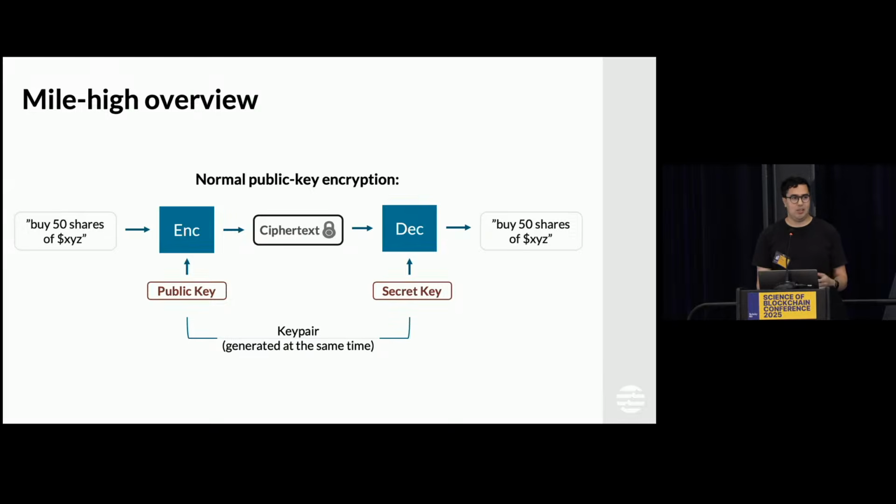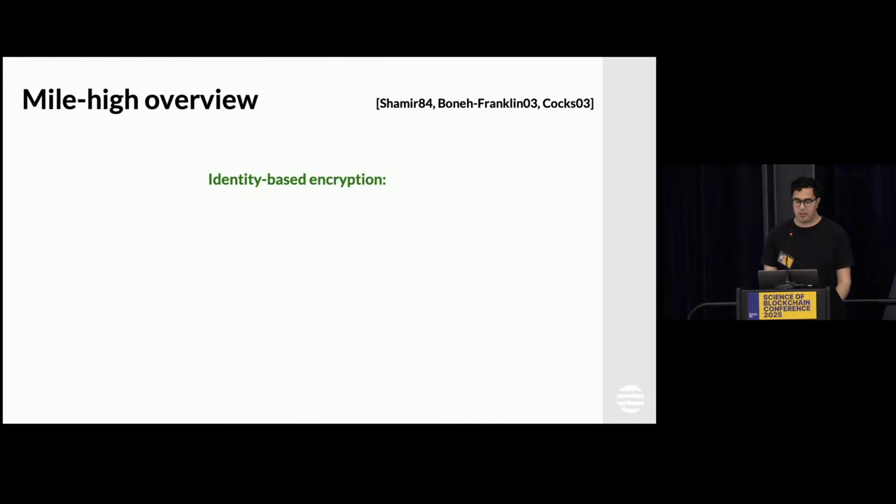The key thing here, the secret sauce that makes this work, is this key pair. Specifically, the public key almost always has some sort of algebraic structure that depends on the secret key. IBE, or identity-based encryption, is similar but different. Instead of having to encrypt with respect to some structured public key, it allows you to instead encrypt with respect